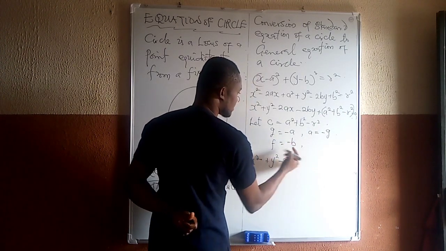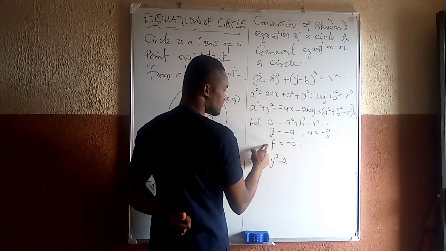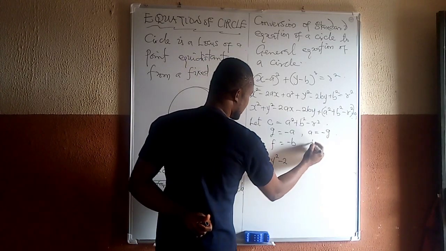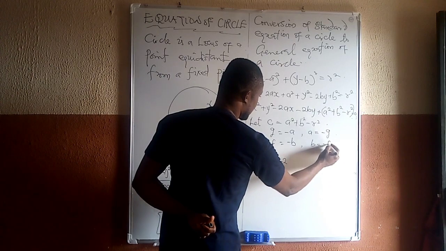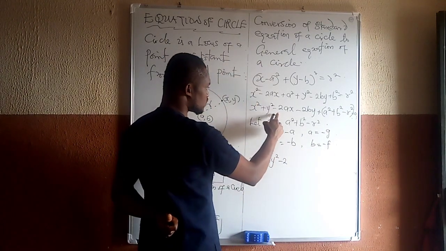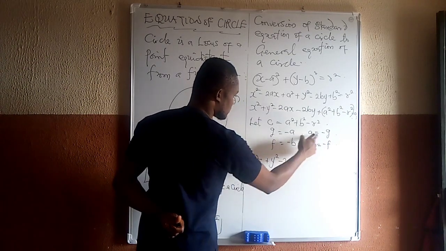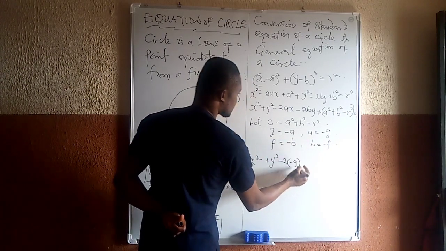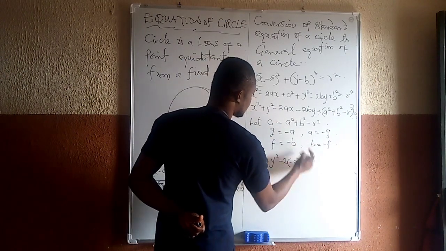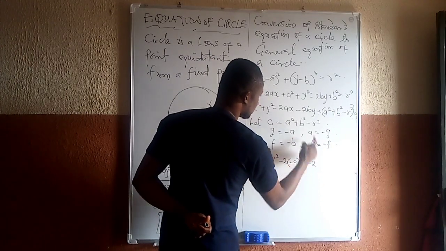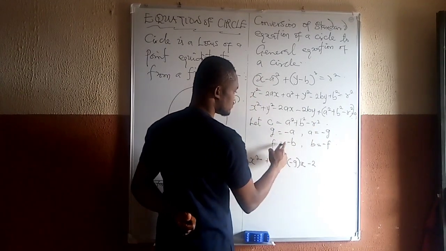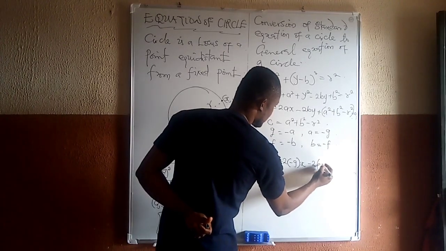The same thing applies here. If f is equal to minus b, then b will be equal to minus f. So as we are substituting now, minus 2a, our a now is minus g, x. Then minus 2, our b is now minus f. We have minus f